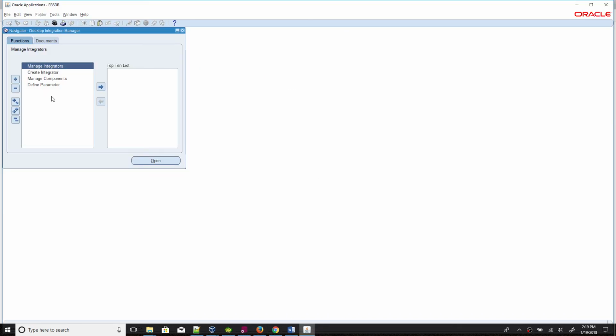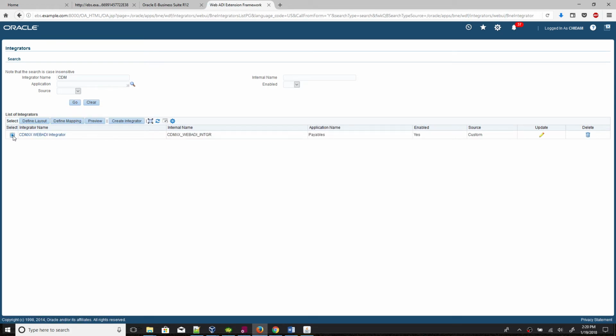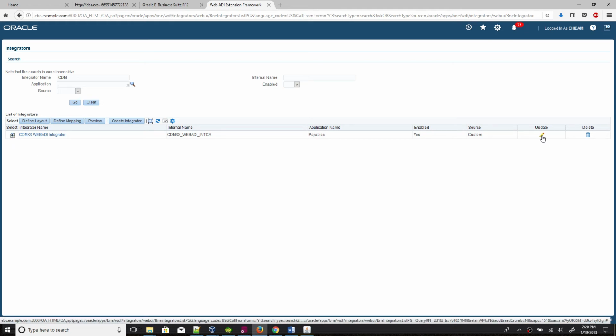Integrator. It is loading, slowly loading. CDM, go, select, click update,